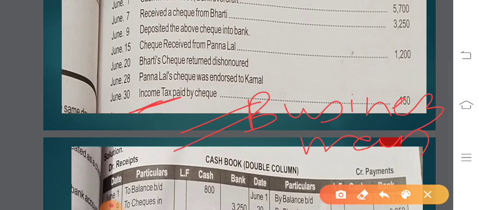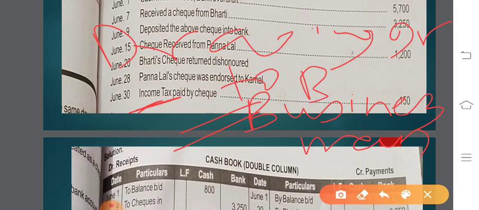So since we are business, we have paid businessman's income tax, which means it is a drawing, as we have discussed earlier, that any amount withdrawn from business by businessman for his personal purposes is considered as drawing. So now it is a drawing which is paid through check. So journal entry will be drawing account debit to, since it is paid through check, that means it is paid by bank.